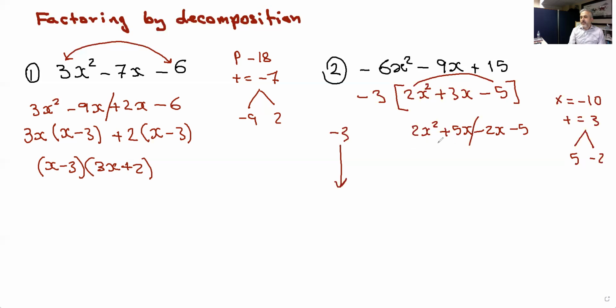Now take out the greatest common factor from here, and the greatest common factor from here is just x, and you're going to get 2x plus 5. From here, the only factor that you could take out is -1, and that's a sign changer, so you'll get 2x plus 5 in here. Always know when you're doing decomposition, this and this have to be the same, and also this and this have to be the same. So whatever's in the brackets when you do decomposition has to be the same, otherwise you're doing it wrong. And now you just write the 2x plus 5 once,